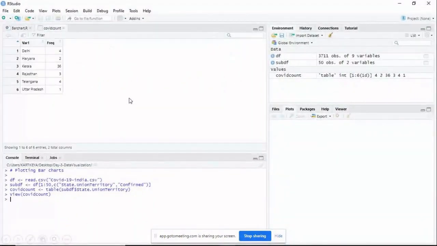Now see, in the first 50 rows, what are the different values we are having? We are having 6 states. Previously we were having 12 states in 100. So for 50 rows we are having only 6 states here. Their names are displayed here as variable 1, and the frequency of your confirmed cases is like this. Kerala is occupying more, that is 36, and the remaining states are like this. Now we want to plot a bar chart for this particular data.